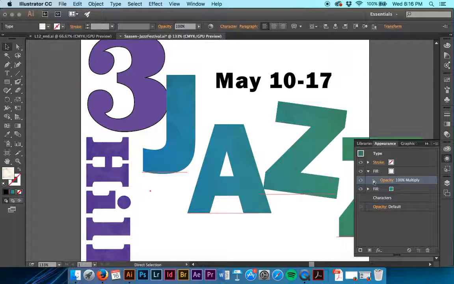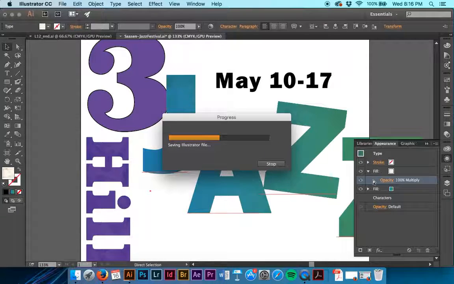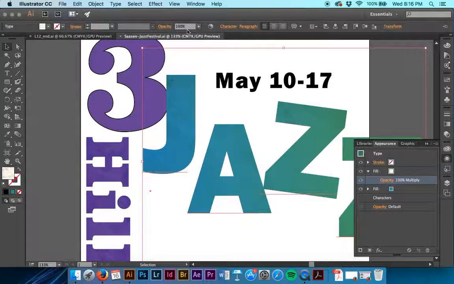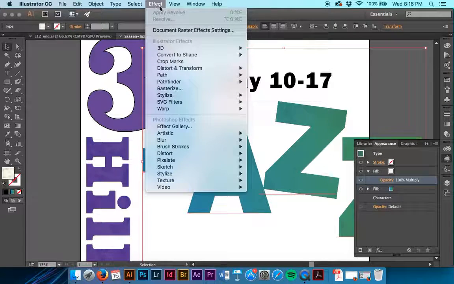So the next thing we're going to do is use live effects. So we can add different effects and do some cool stuff. So there's Illustrator effects, and once this is finished saving, go to Effect. There's Illustrator effects and raster effects. So Illustrator effects, you can apply to anything, and it keeps the vector,